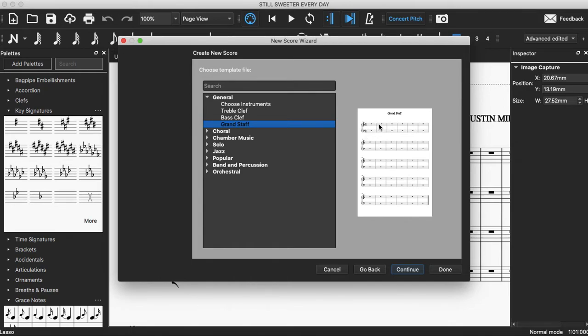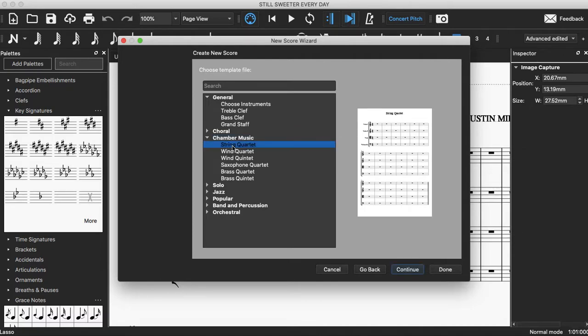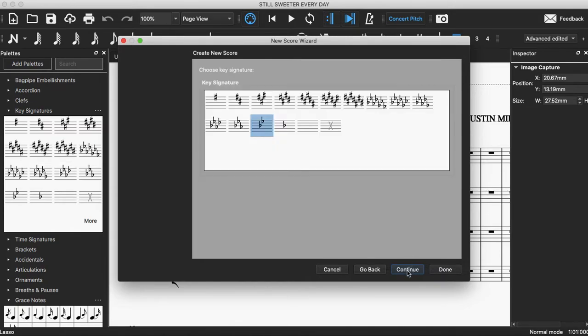Since I want to use chamber music for my composition, I click chamber music. You can choose string quartet or wind quartet, whatever you prefer to use. So I use the wind quartet. I want the wind quartet for my composition. So click continue, and you have to choose